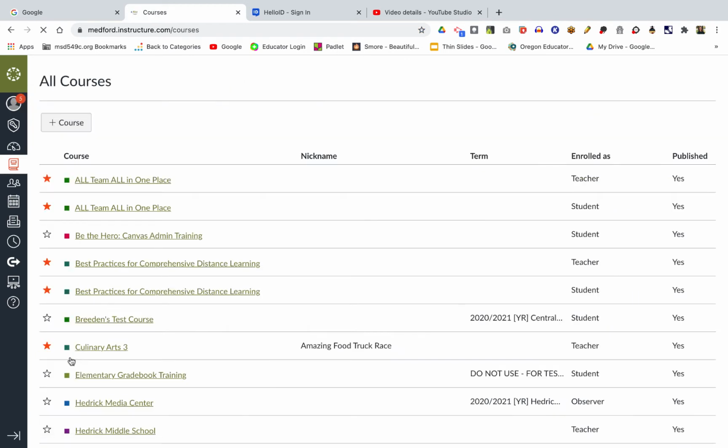All courses is going to bring me a list of all of the courses that I have either published or unpublished. So that means courses that I might be enrolled in as a student or courses that I might be a teacher in. Now you'll notice in this list that I have some of the courses with a star next to it. That means all of the courses that I have a star by are right now appearing on my dashboard. It's really important that you go in here to star the ones that you want on your dashboard, because